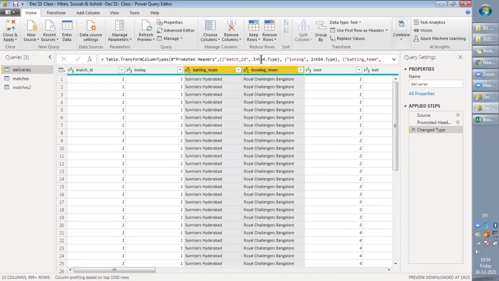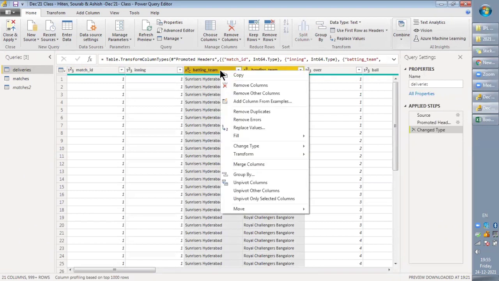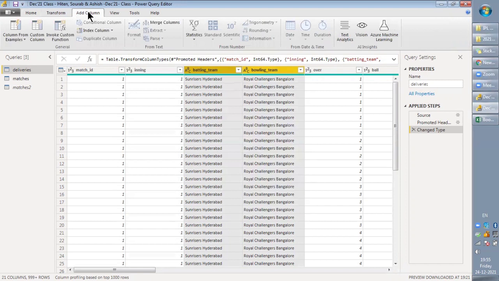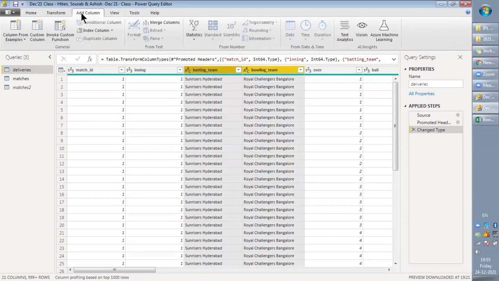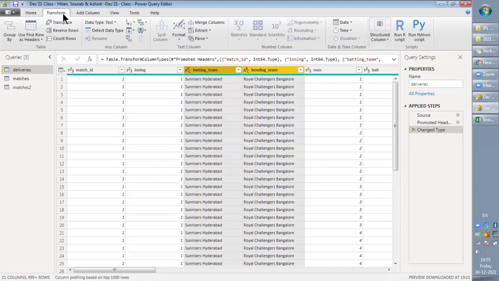Yes. So what we'll do here, where is the function? If you cannot find it, you can right click here and it will give you the option replace values. Is there no replace option in this? Yes, we have it. I'm looking for that particular option in the tab.